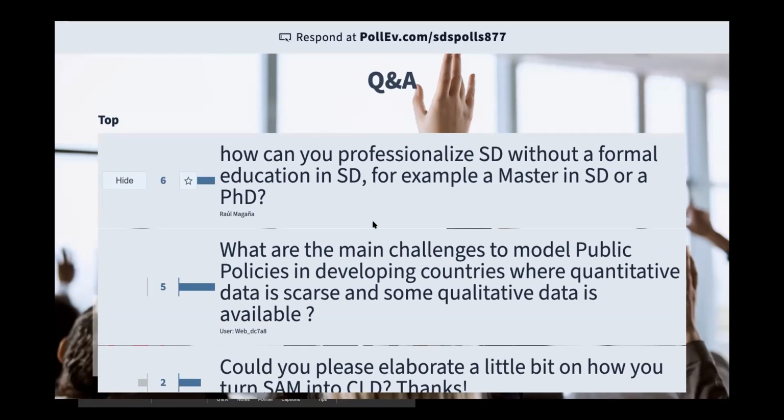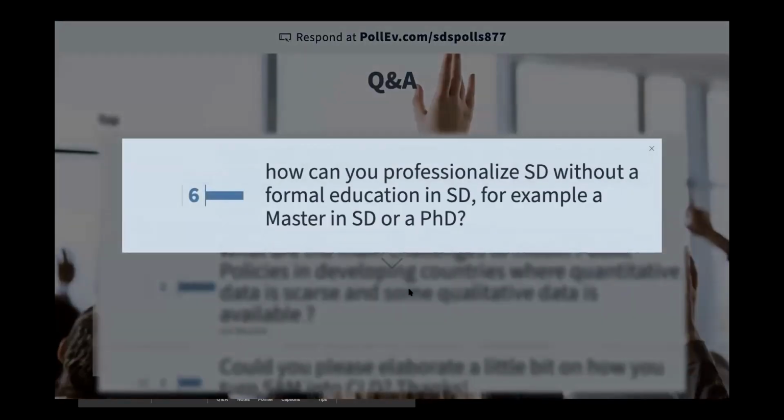How can you professionalize system dynamics without a formal education, without having a master's? By professionalize, you mean becoming sort of an expert in system dynamics? I assume that's what's meant there. The way in which, well, Andries did say he sort of got by in a very